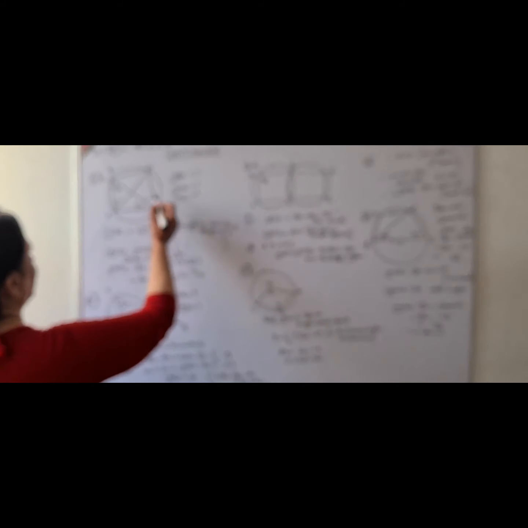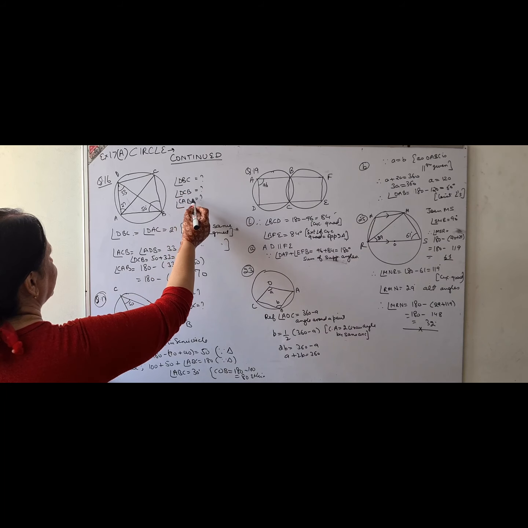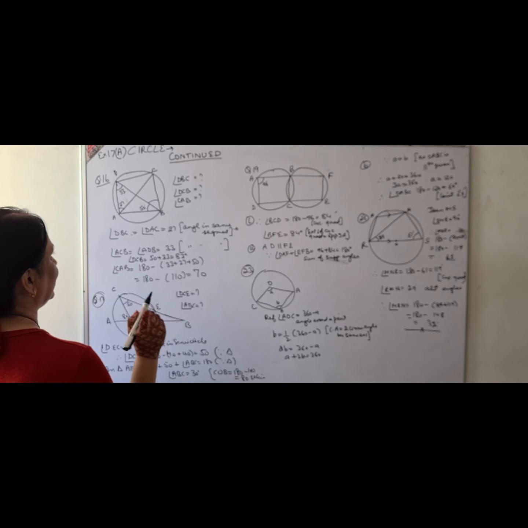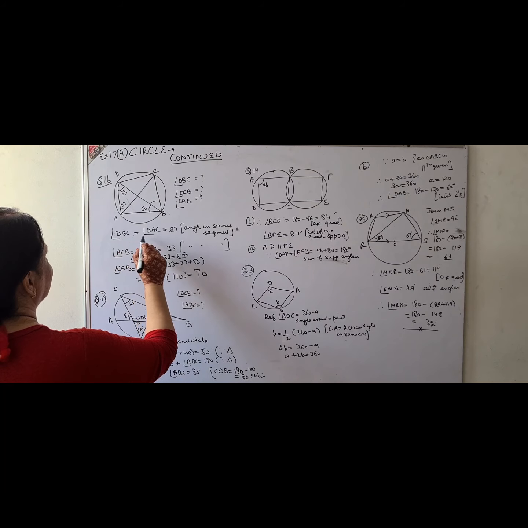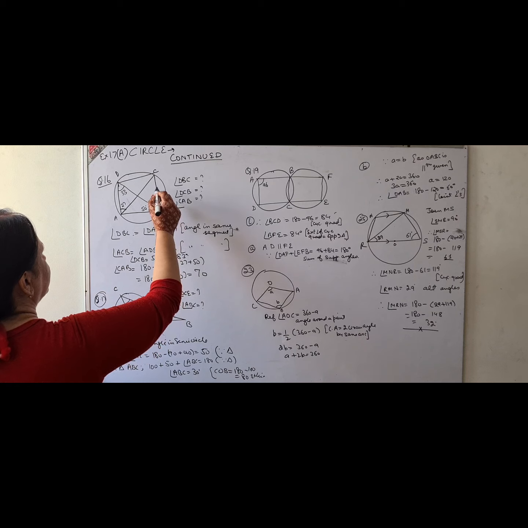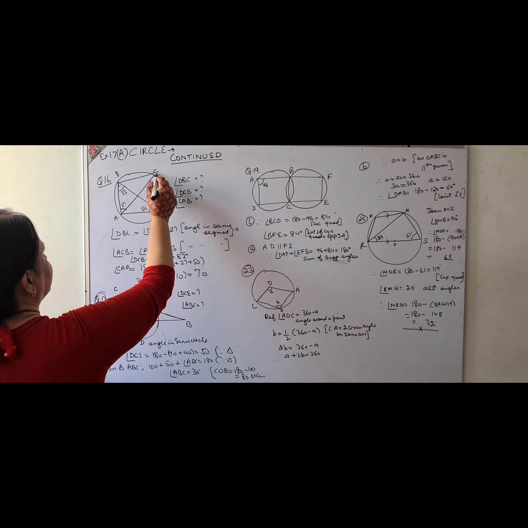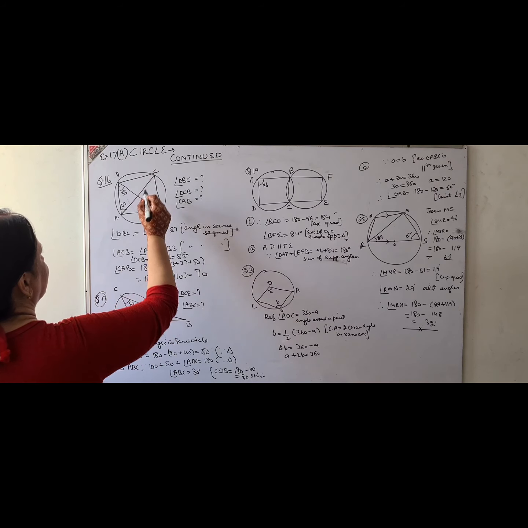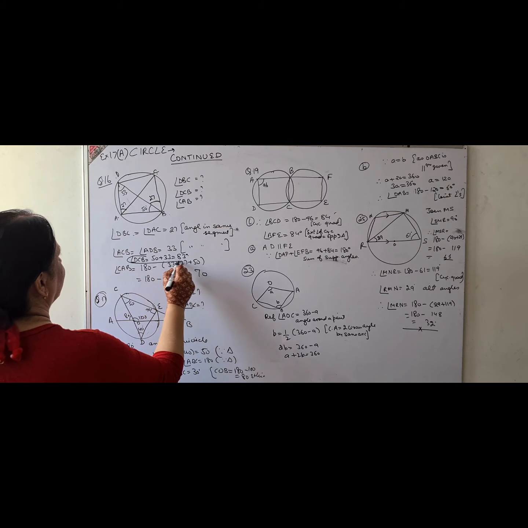Very simple. I have to find the angles DBC, DCB and CAB, and this is the figure. Already made clear that figures have to be very neat and clean. So see, DBC is equal to DAC, 27, angle made by same arc, very clear. DBC is equal to DAC because angle made by same arc. Then I have to find DCB.